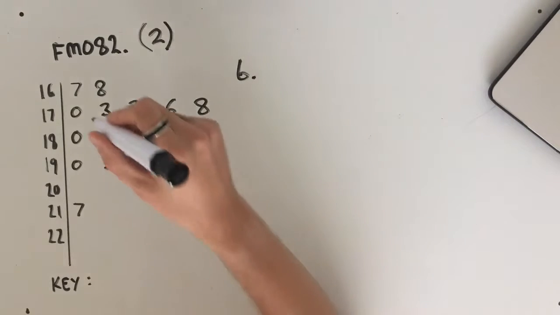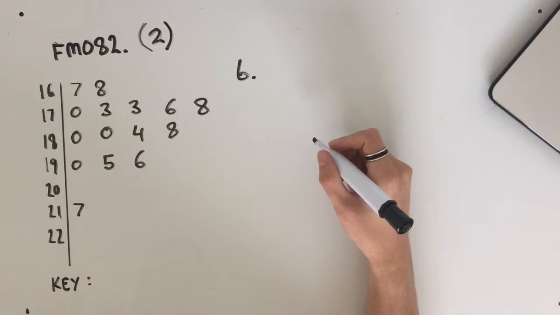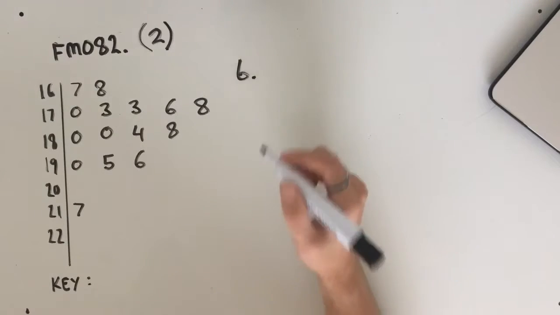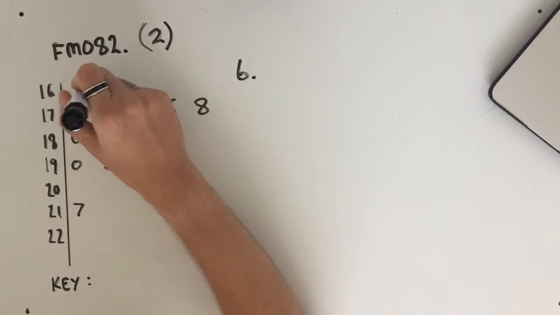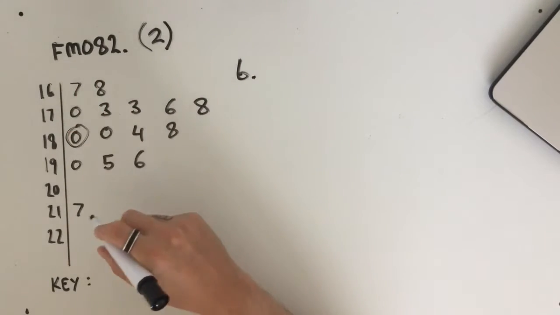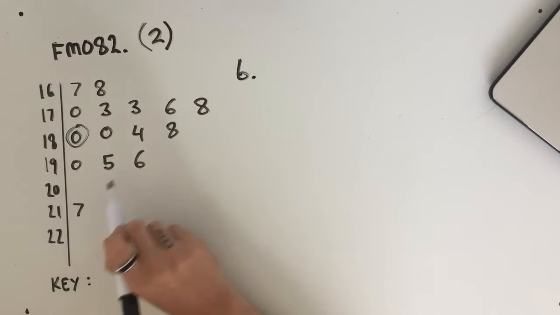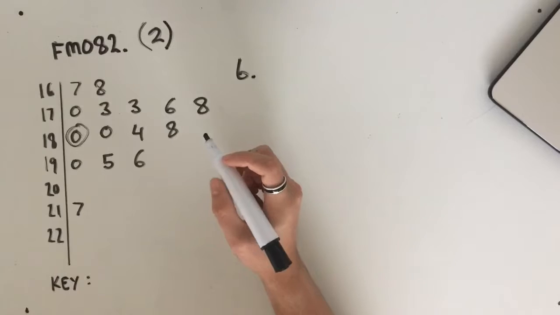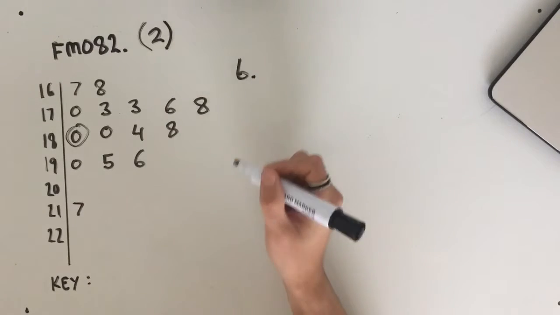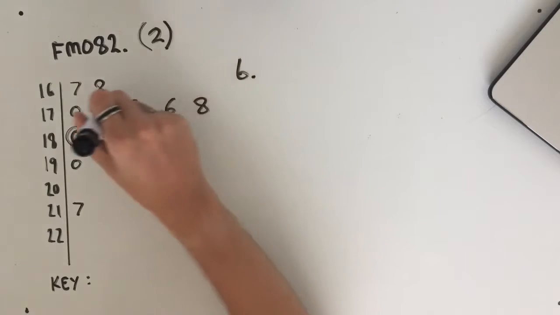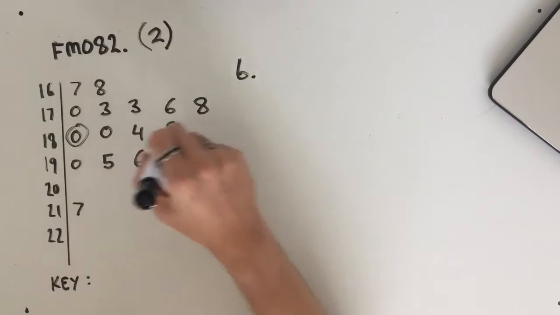To start this question off, we know from the previous question that the median, since there are still 15 towns, is going to be the 8th value. Counting again once in: 1, 2, 3, 4, 5, 6, 7, 8. We think our median is here at 18, but we'll double check. 1, 2, 3, 4, 5, 6, 7, 8. It is right there. Since we have 15 towns all up, we're left with 7 below our median and 7 above our median.